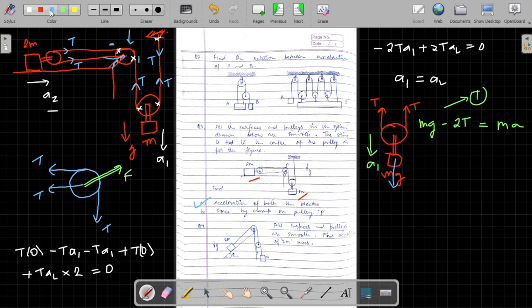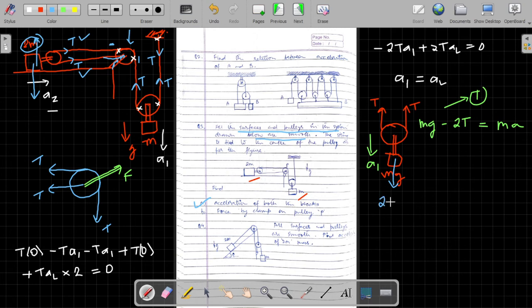Similarly, we can write the second equation. The second equation should be pretty easy to write. What are the forces acting on the 2m mass block? They are the T force and T force. There is no friction for all surfaces and pulleys in the system; all the surfaces below are smooth, so there is no friction. The gravitational force is in downward direction and it would be balanced by the normal reaction.